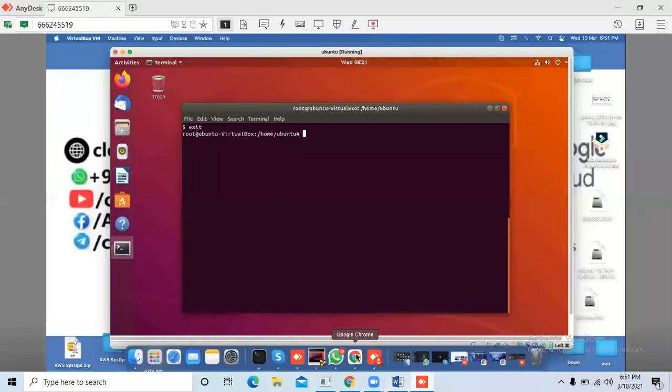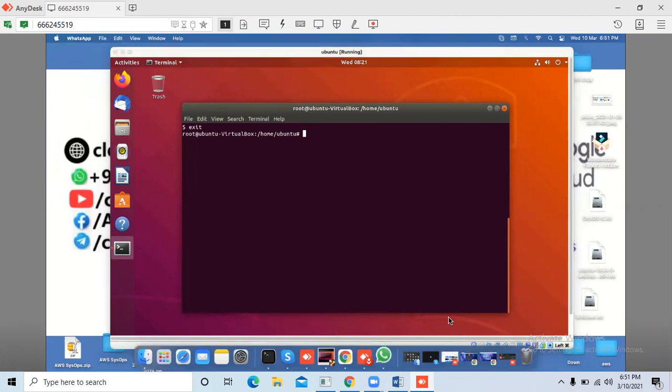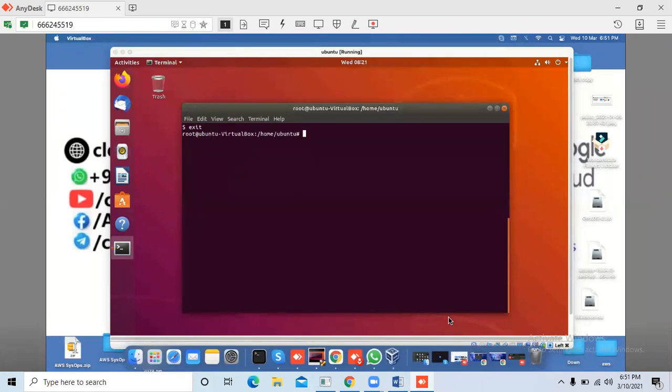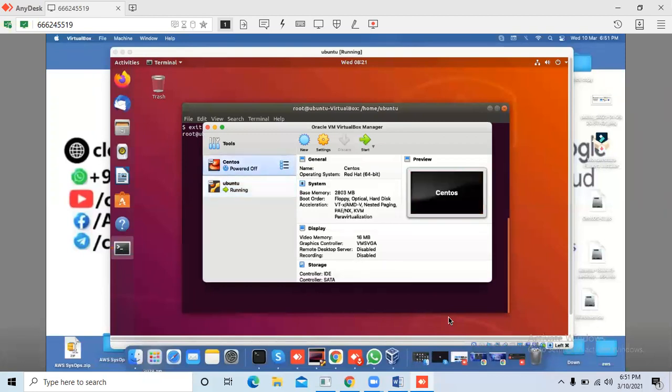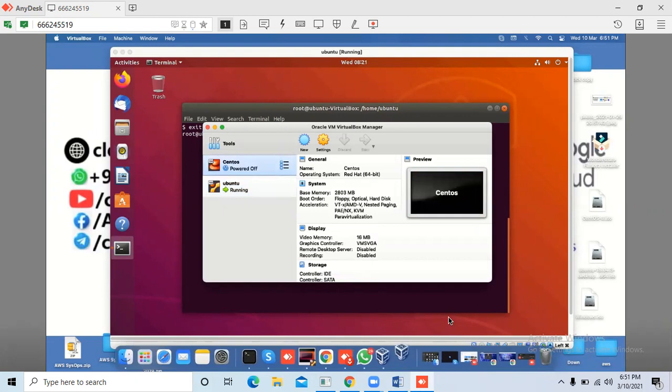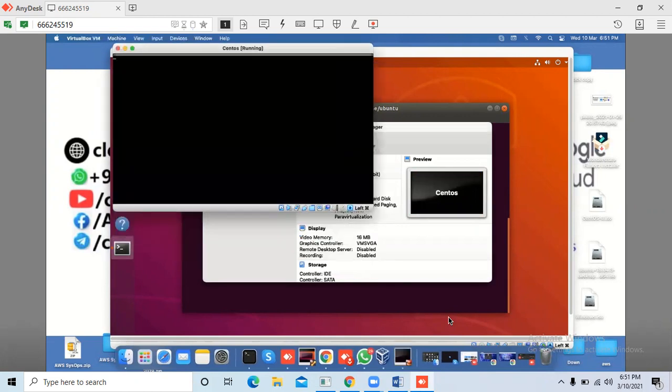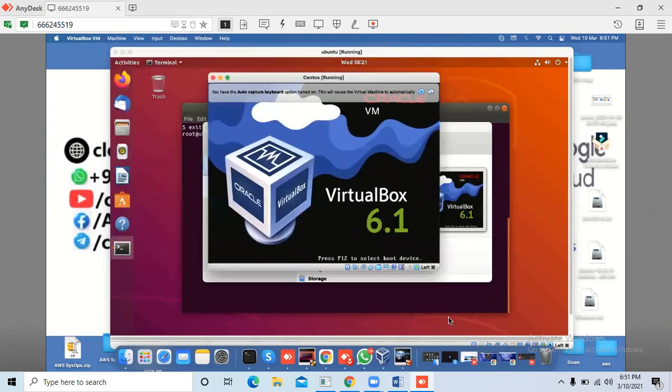Let's see another machine. Let's open VirtualBox. So this is my other machine. Let's start this machine and check whether bin bash is available here or not.